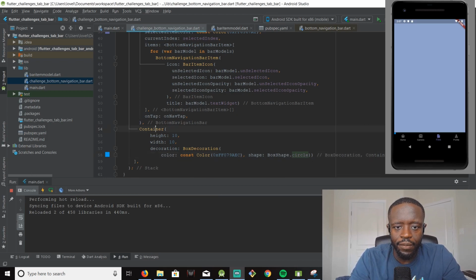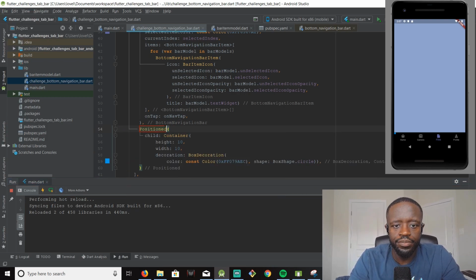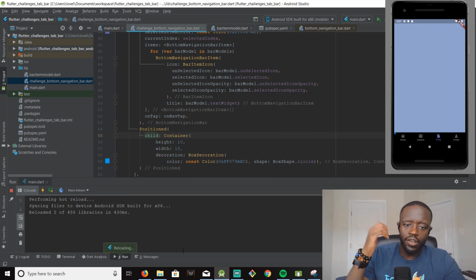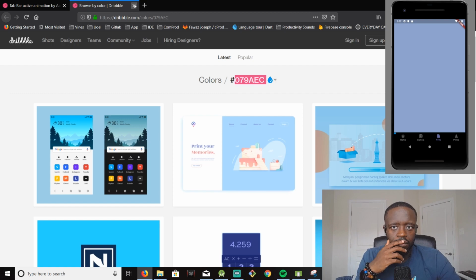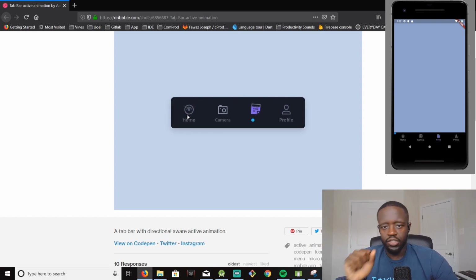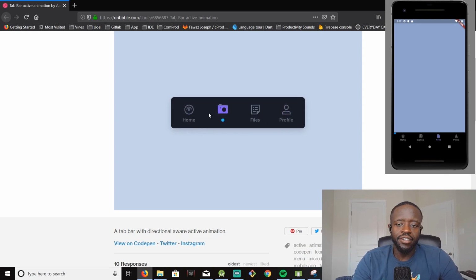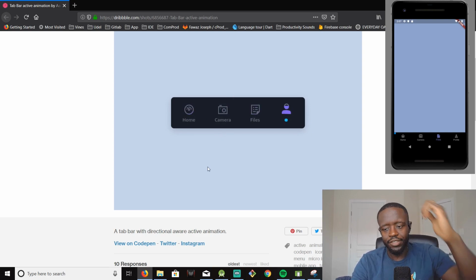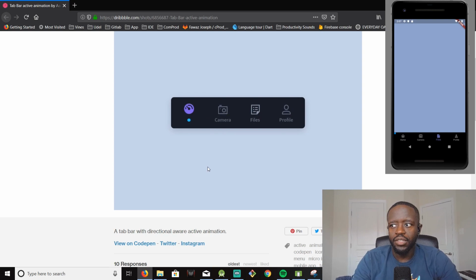And now we have to put this in a position, and the reason we're putting this in a position is because, as you see here, it's kind of moving with the selected icon, right? But I'm not actually going to make this in the middle of the text because the text is different lengths, right? I'm going to make this in the middle of the icon, right? So I guess the challenge we're facing is how do you get the absolute position and size of